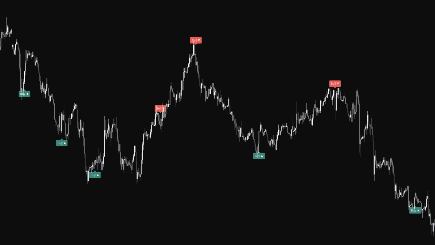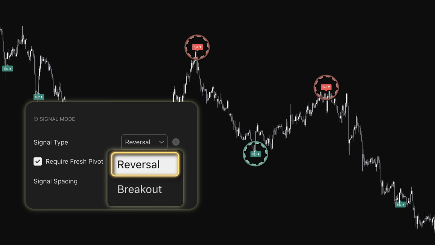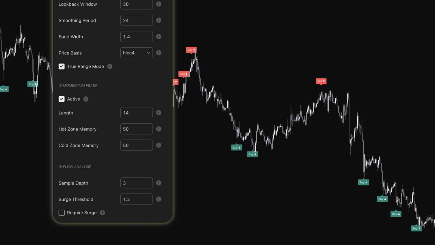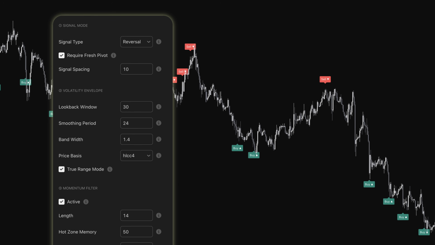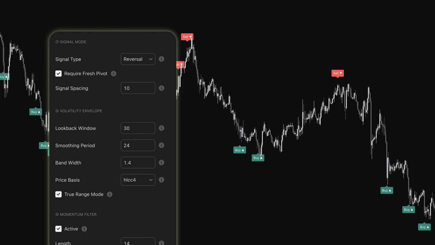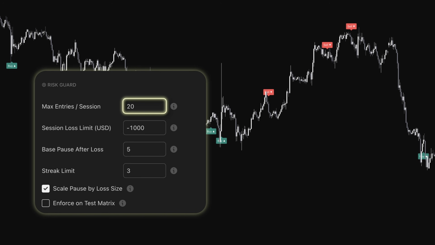Signal generation sits separately from the adaptation engine. In reversal mode, a signal fires when the supertrend flips after a confirmed new high or low. In breakout mode, it fires when price pushes a new extreme in the direction of the current trend. RSI zone memory, volume surge filtering, minimum bar spacing, and a key levels filter based on ATR range all apply as optional gates. A risk guard system tracks session trade count, cumulative session loss, consecutive losses, and cooldown bars between